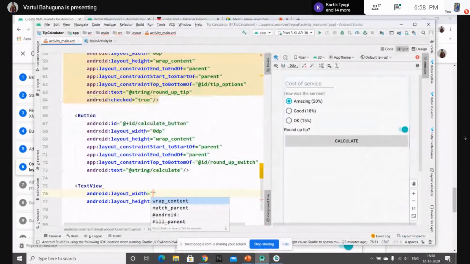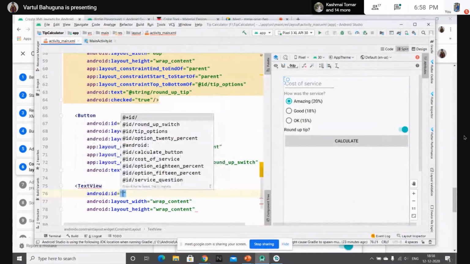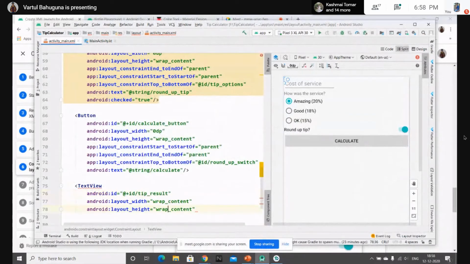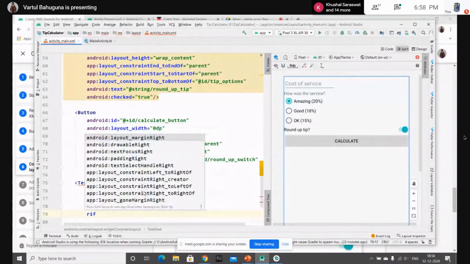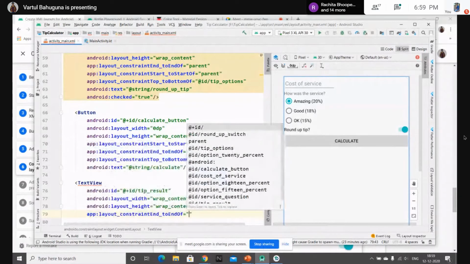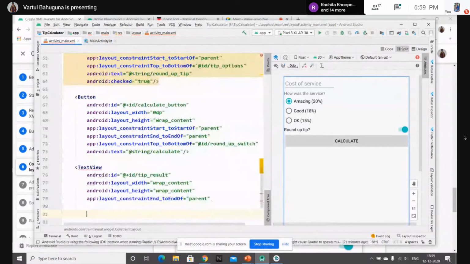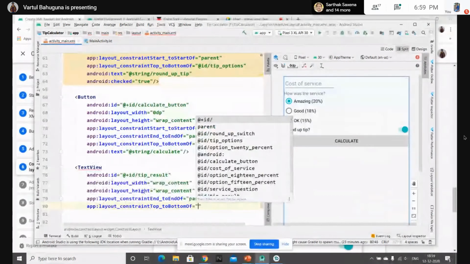Width is wrap content, height is wrap content, with the ID that we have copied, and the end constraint is the end of parent, and the top constraint is the bottom of the button.